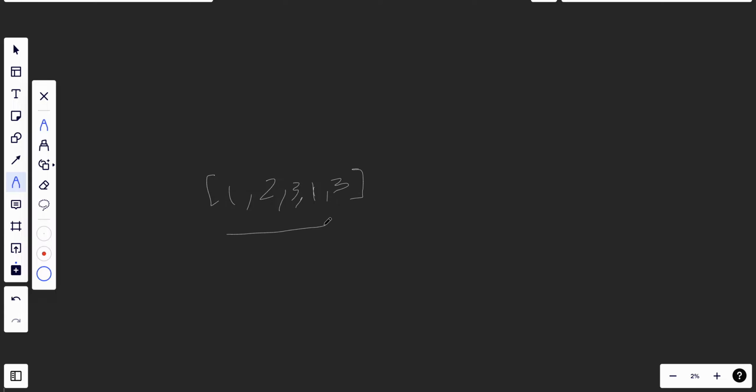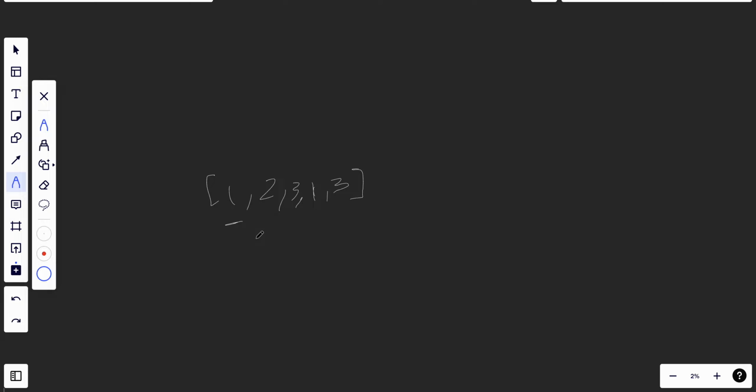The way that we can know that we have 1 and we have 1 here, or we have 3 and 3 in the last element, I guess we have 3 solutions. The first solution is that we